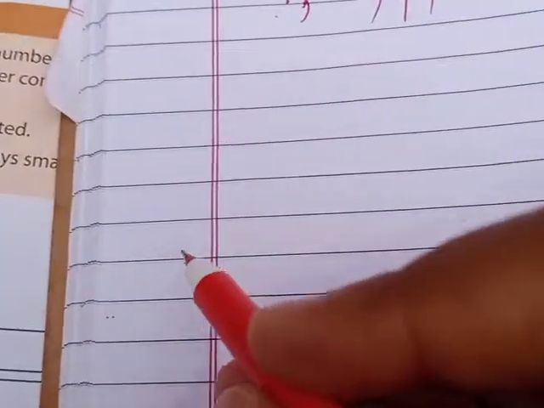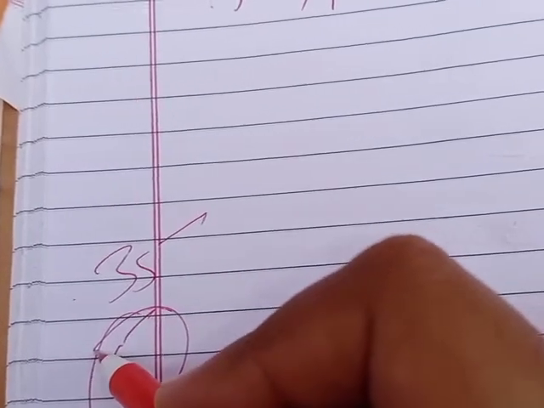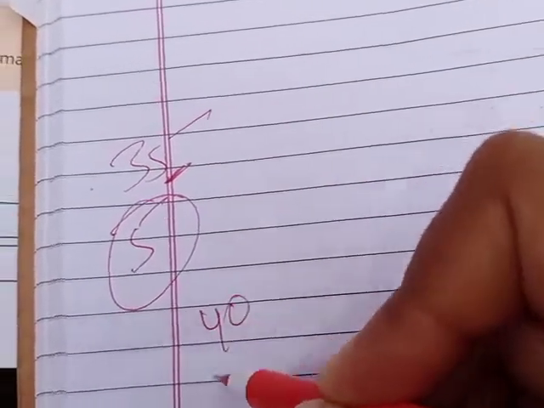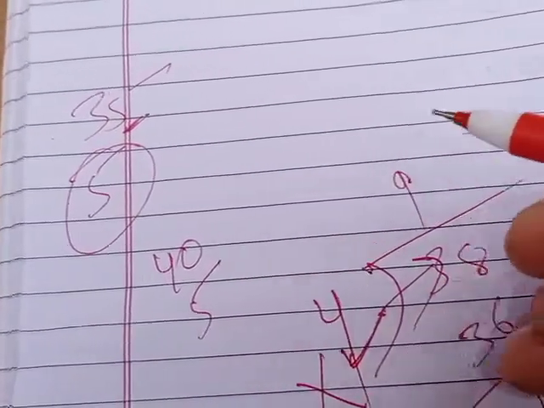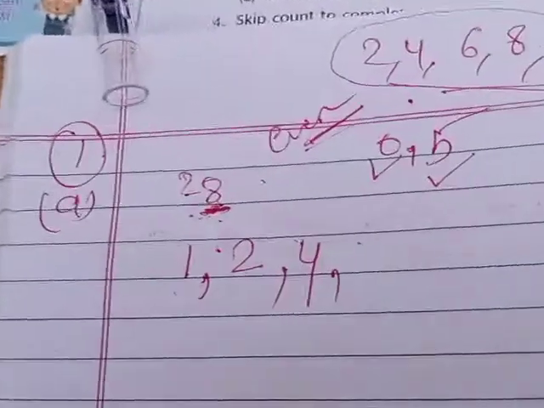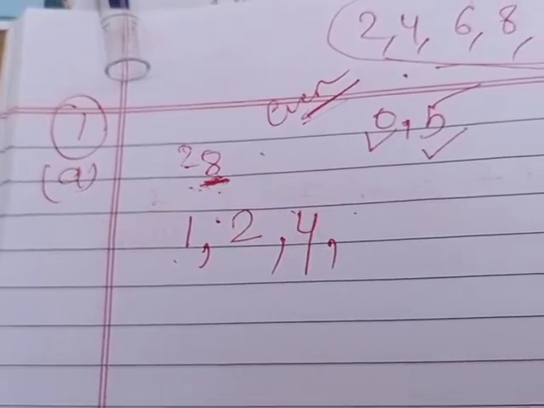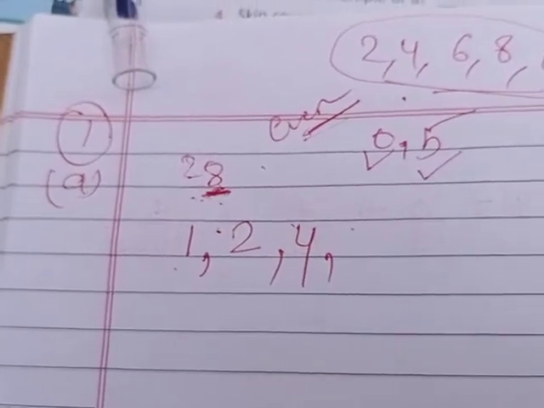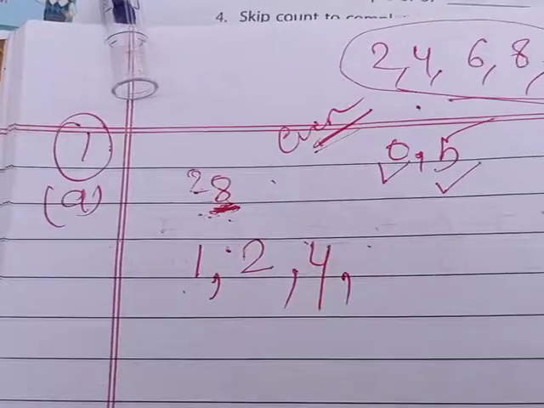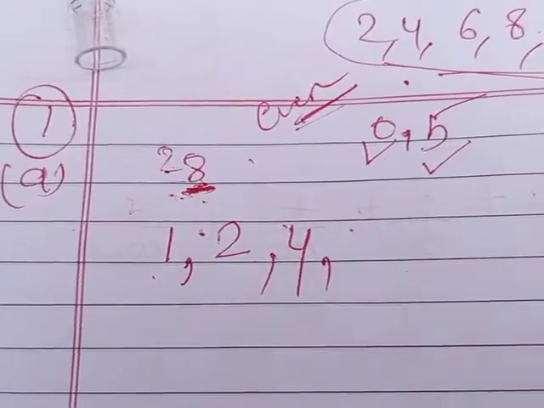Clear? Suppose write the factors of 35. For 35, 5 will be a factor for sure. Why? Because in ones place is 5. Okay, write the factors of 40. 5 will be a factor of 40. Why? Because ones place is 0. Getting this clear? So 5 will be considered a factor of any number when its ones place is 0 or 5. But for now, is 5 a factor of 28? No, 5 is not a factor.